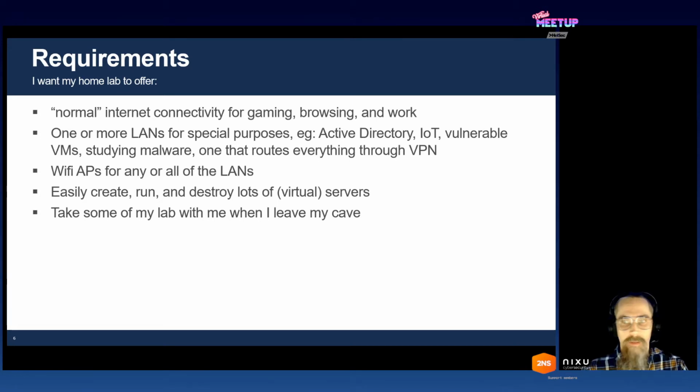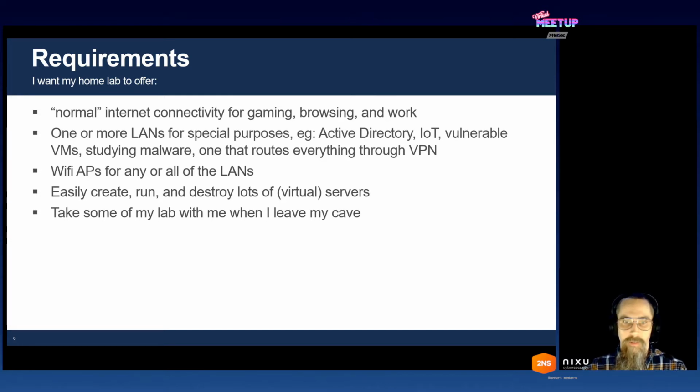In my case, these are the things I want out of my home lab. Of course, I want normal internet connectivity for doing the important stuff like gaming, browsing the internet and doing work. Remote work is fairly obviously a requirement these days. I also want separate networks for special purposes, like an Active Directory network, and I might research IoT devices and vulnerable VMs